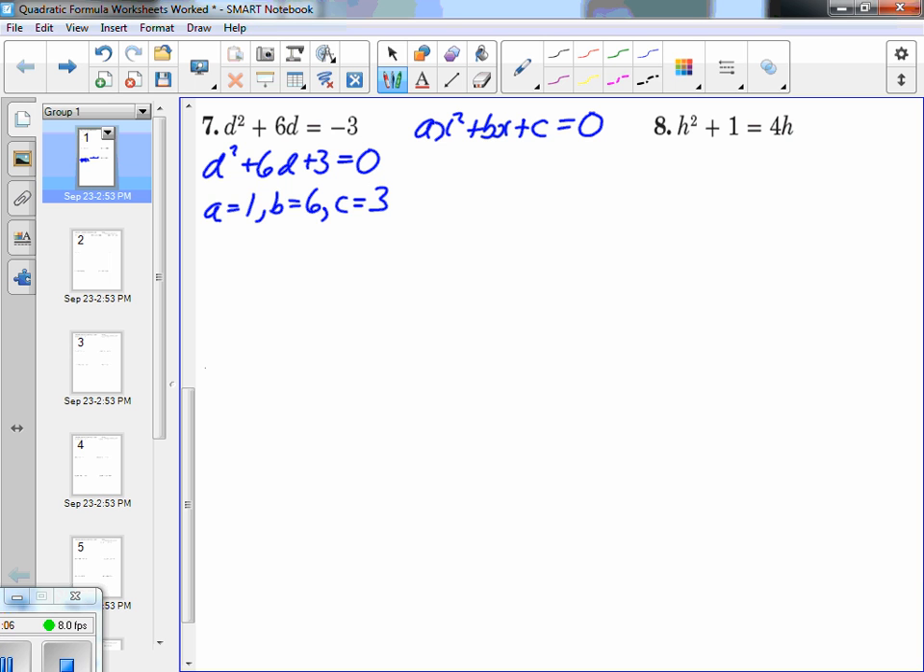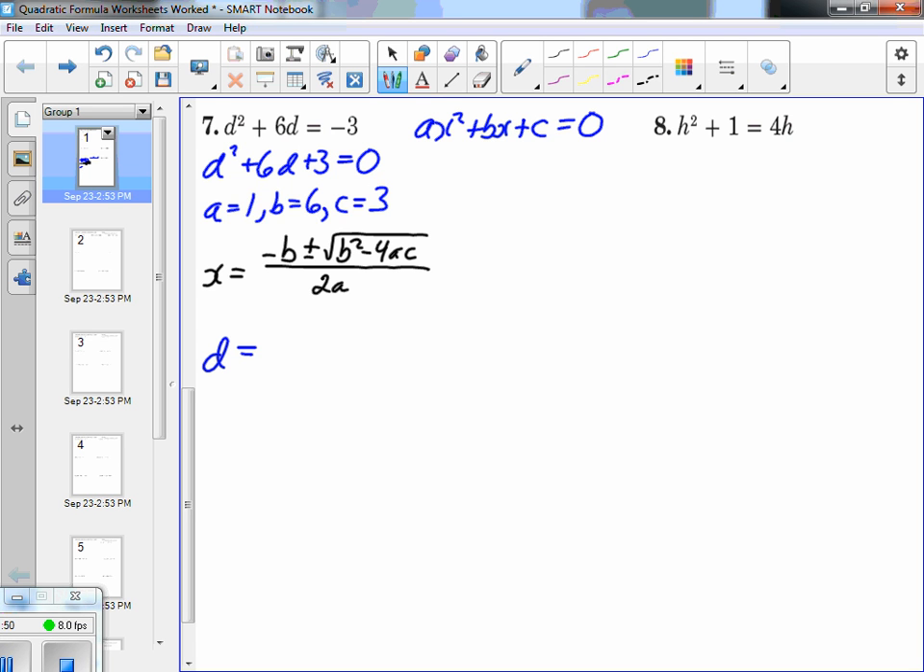Now our quadratic formula says that x equals negative b plus or minus the square root of b squared minus 4ac, divided by 2a. That's the formula. You're going to have it memorized. You will memorize it just by using it. Now for this problem, it's not x, it's d. So when we write down our formula to substitute our numbers in, we put d equals,